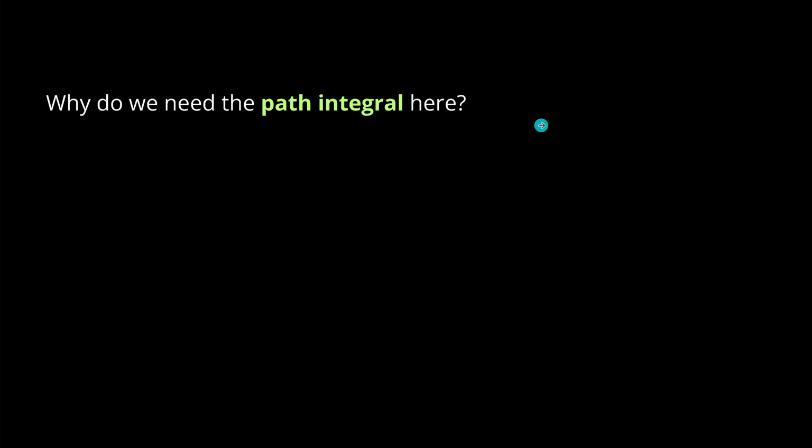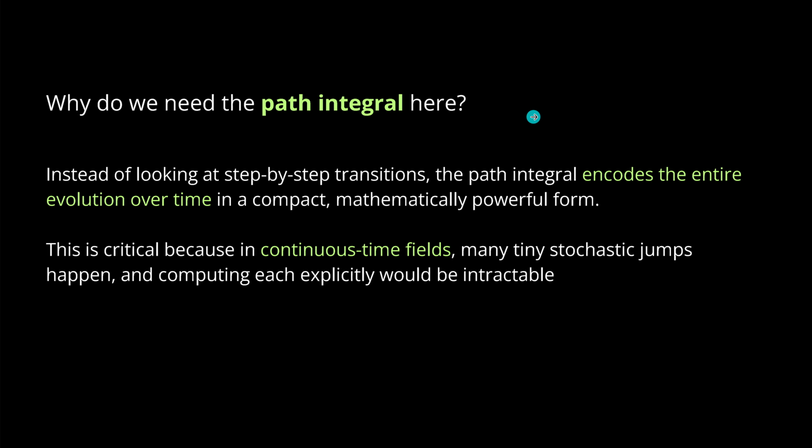So why do we need a path integral here? Is it that we want to enforce it, or does it emerge naturally? Instead of looking at a step-by-step transition, the path integral encodes the entire evolution over time in a compact and mathematically powerful form that we know how to handle from theoretical physics. And this is critical because in continuous time fields, many tiny stochastic jumps happen, and computing each one explicitly would be just crazy. And this is where our quantum computing theoretical possibilities can come in,